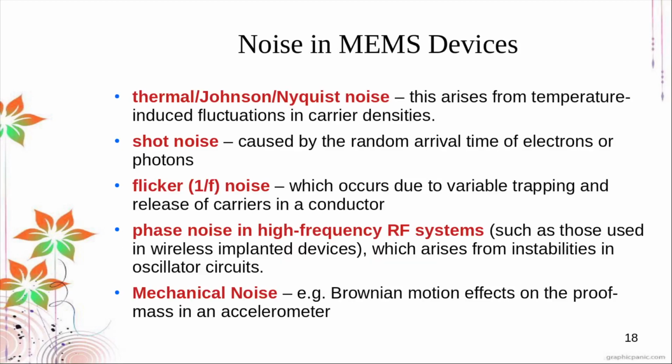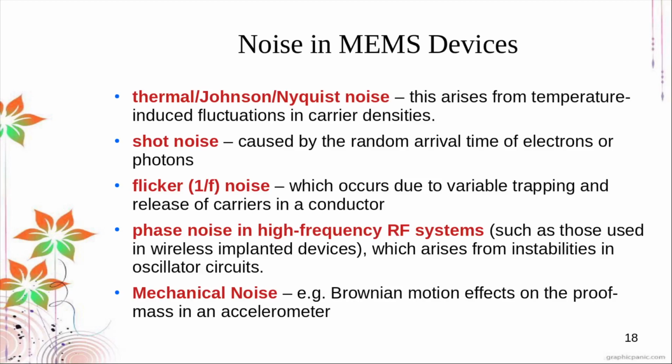So there are some types of noises. You have the thermal or Johnson or the Nyquist noise, which arises from temperature-induced fluctuation in carrier densities. The shot noise caused by the random arrival time of electrons or photons. You have the flicker noise, which occurs due to variable trapping and release of carriers in a conductor. The phase noise in high-frequency RF systems, such as those used in wireless implanted devices, although wireless implanted devices are not that common. Anyway, this arises from instabilities in oscillator circuits, whereas an example of a mechanical noise is the